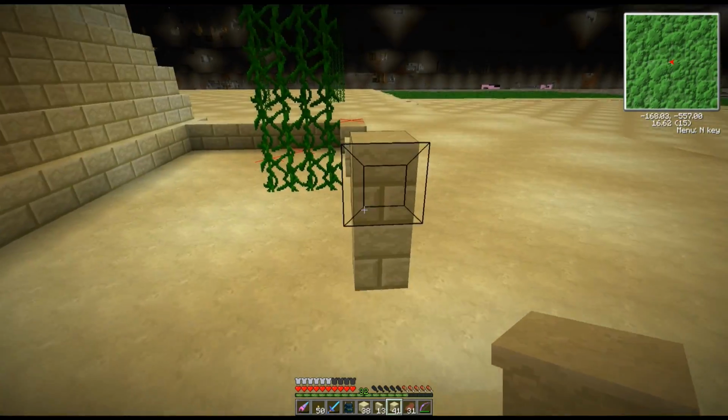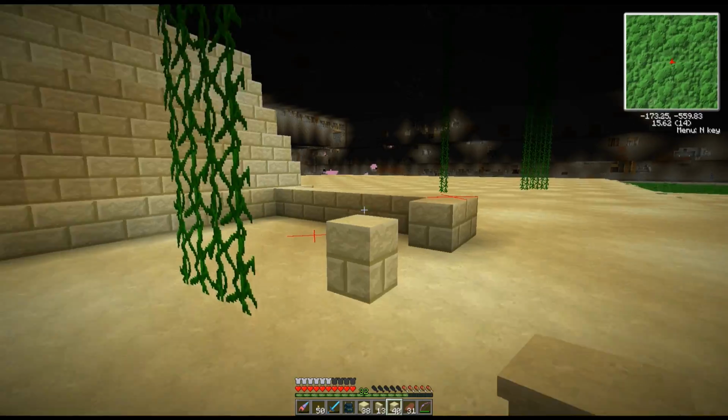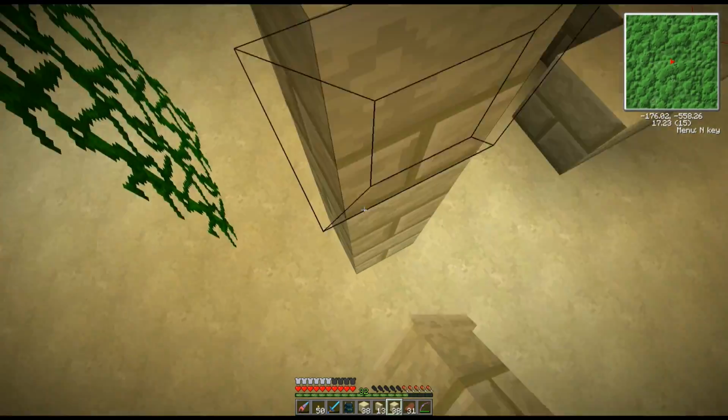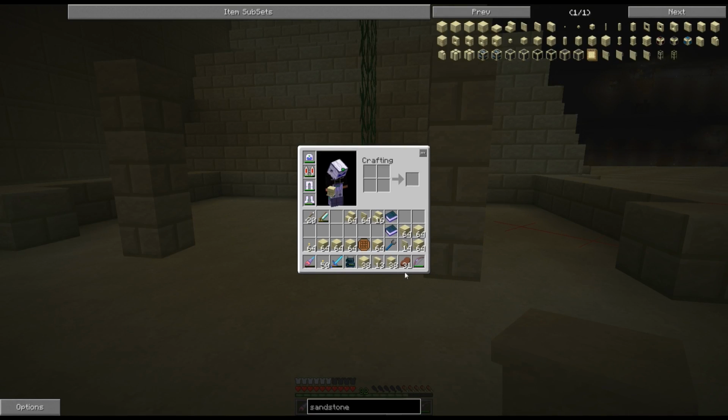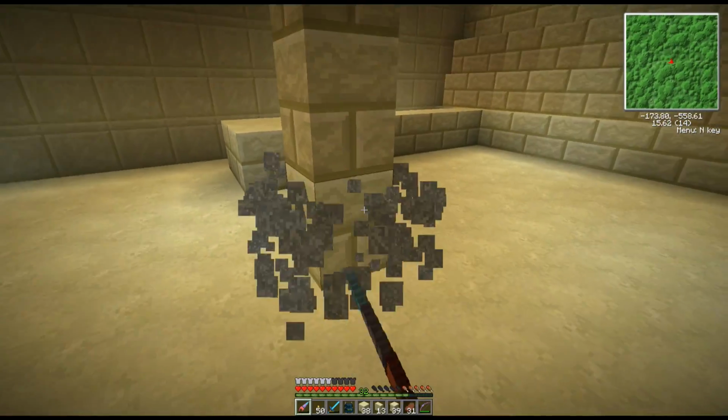Alrighty. Now the thing is we need to put our bases down for these. And I'm thinking 3 high should be good. Let's see. Triple cover if I combine 2. Nope, I don't want to do that. If I just add, there we go, sandstone slab. I think that'll be the perfect size, to be honest. So we'll pull you out,